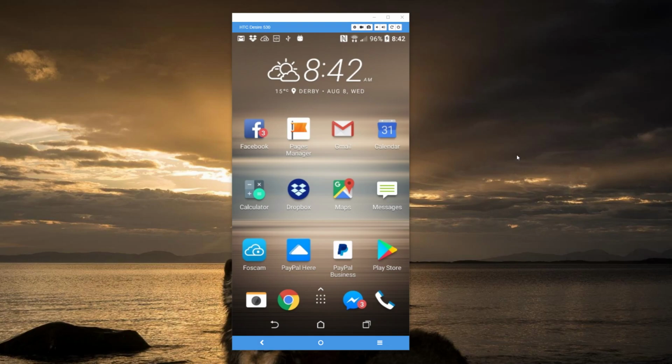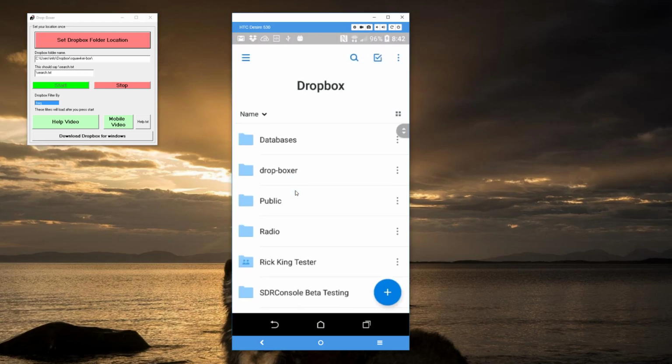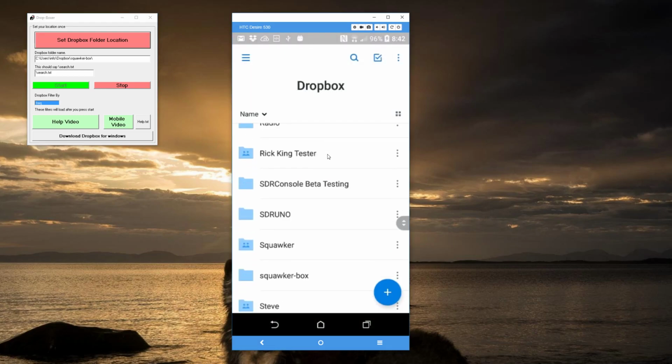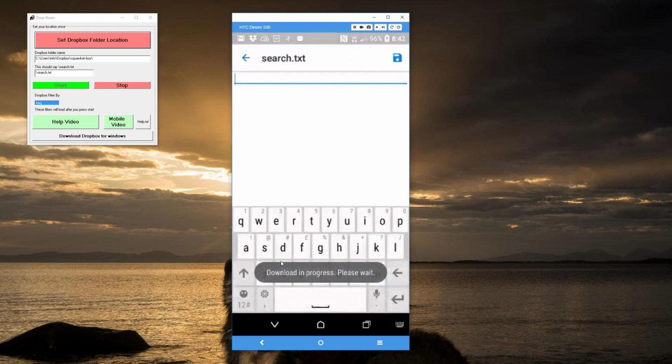To start using Squawker on your mobile device, once you have it all set up within Squawker on your main PC or laptop, the PC or laptop does need to be running, and you do need to have Dropbox started. So then you can go into your app on your phone or tablet, find that folder we created earlier, mine's called Squawker Box, and then by going into the search text, it's initially set just for frequency, so enter the frequency,